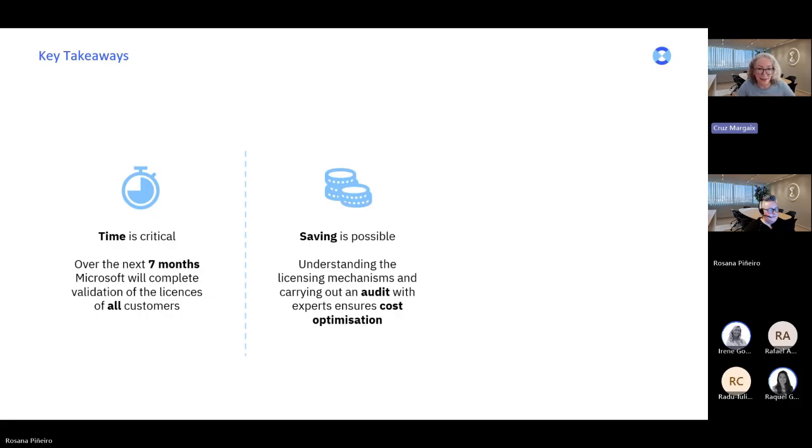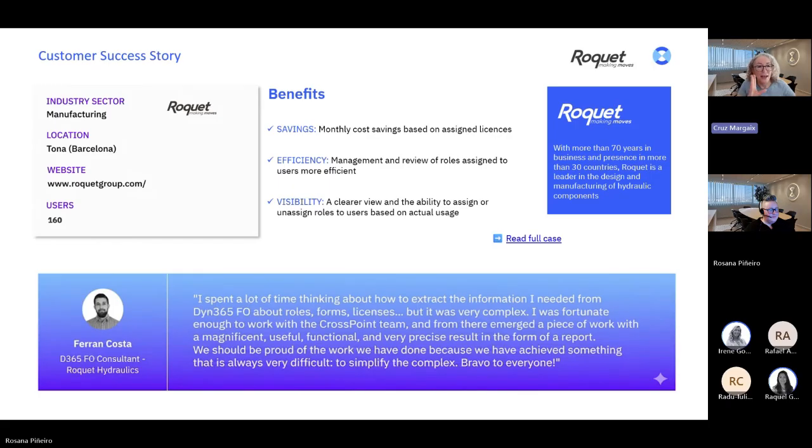First thing is understanding the licensing mechanism. That's something you're already doing by joining us on this webinar. But now the next step is to audit. And ideally, use the services of an expert to help you reduce this cost.